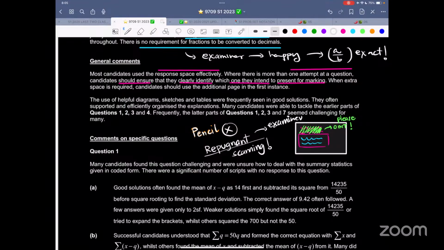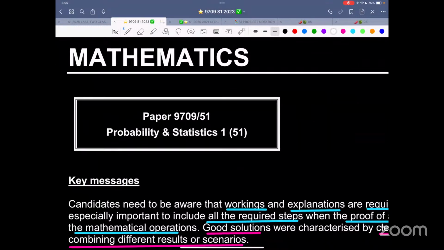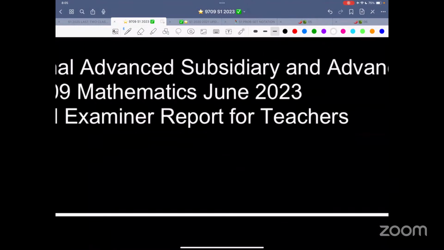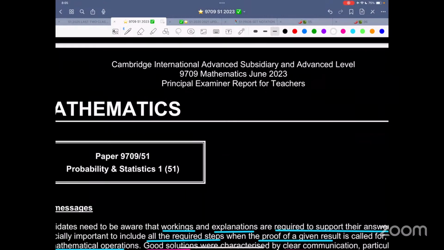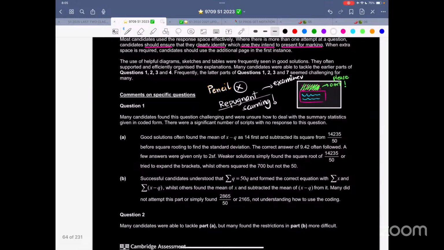Now, someone is asking this question. People are joining in between, and then they ask all these questions, so that makes me a little bit distracted. First of all, you should watch the video once the session is over. What exactly are we talking about? Currently, I'm discussing the mark scheme and examiner report for this particular paper, June 2023, variant 1. Let me just switch off my phone because I don't want to get distracted. I just want to focus on the way that I'm teaching. Those who are joining late, too bad. You can always watch the recording later. Nothing to worry, it will be there on YouTube.